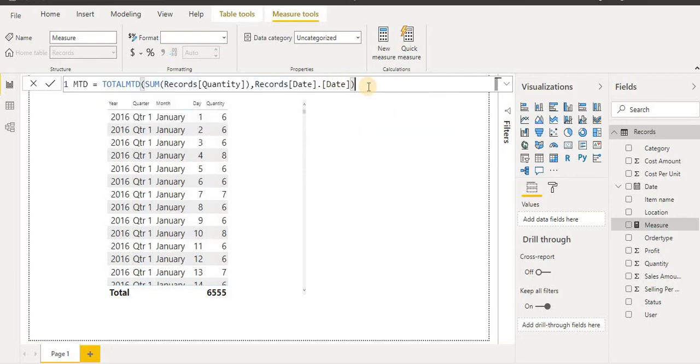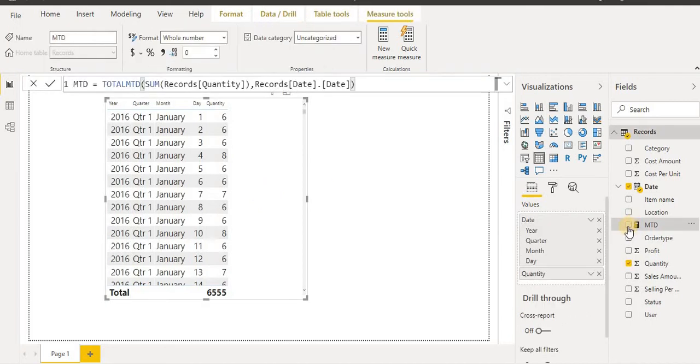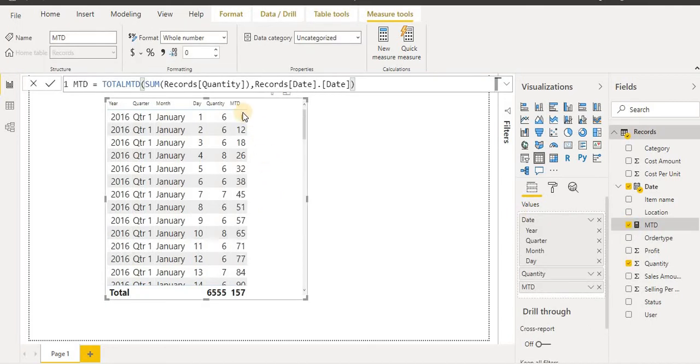So after selecting, hit enter. Once we hit enter, it will create a measure column, and we can see that measure column here. Once I select this measure column into this table, let's select it, and we can